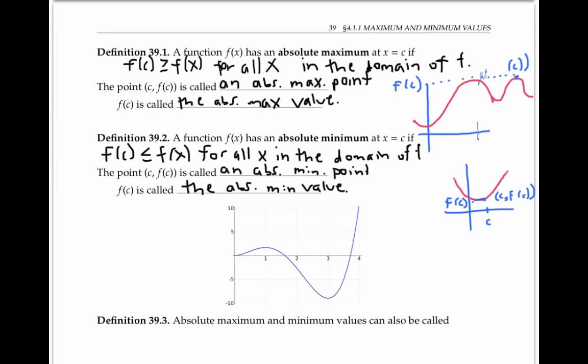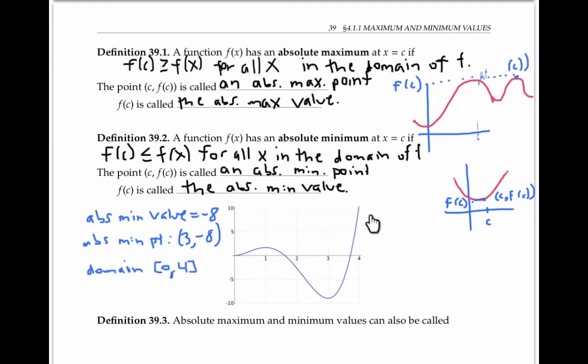For example, this function has an absolute minimum value of about -8, and it has an absolute minimum point with coordinates 3, -8. If this function stops here and just has a domain from 0 to 4, then the